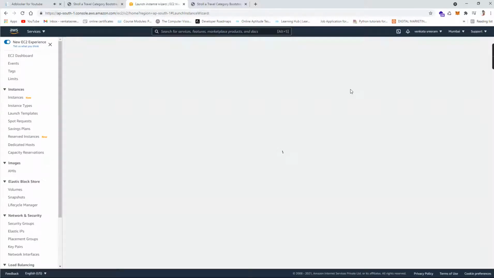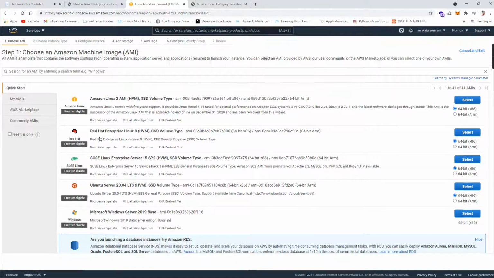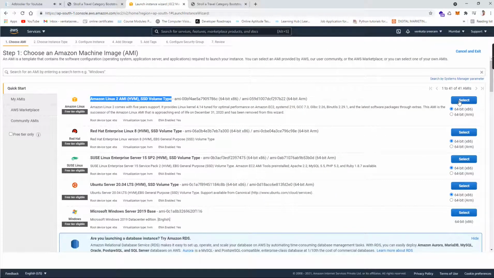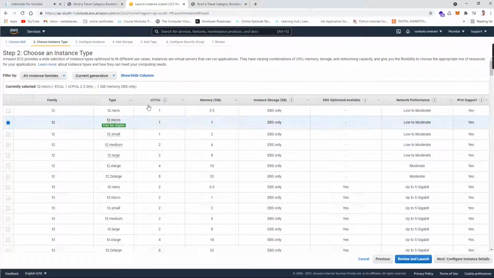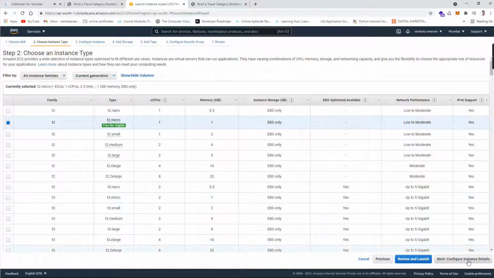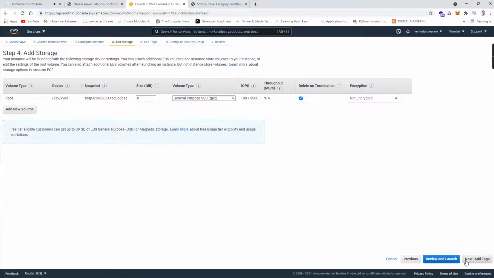Click on that, and you can create an instance. I just want to go with the free tier available in Amazon Web Services. I want to go with Amazon Linux to create my instance, because Linux is simply useful in order to publish. So I selected that instance, with one CPU and one memory, and the number of instances is one.